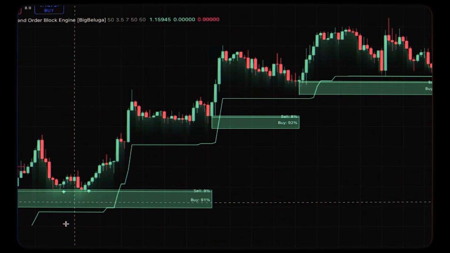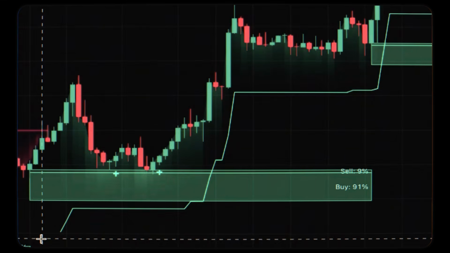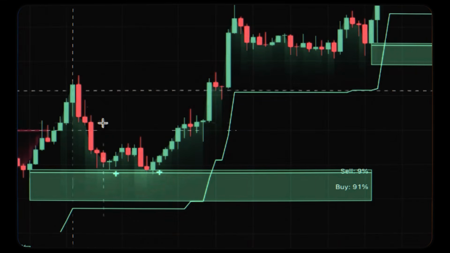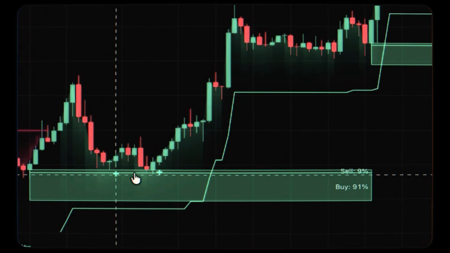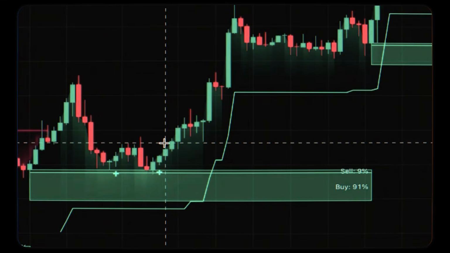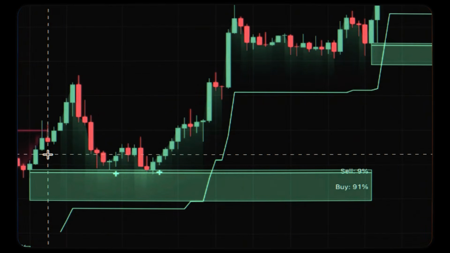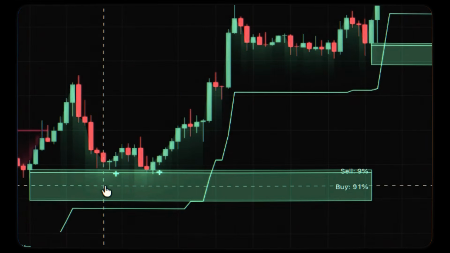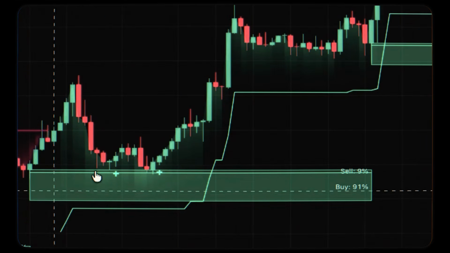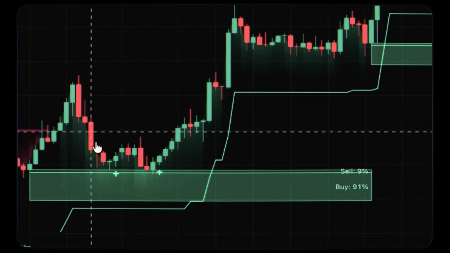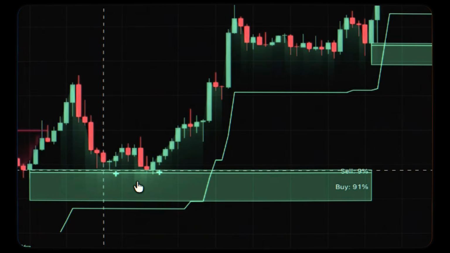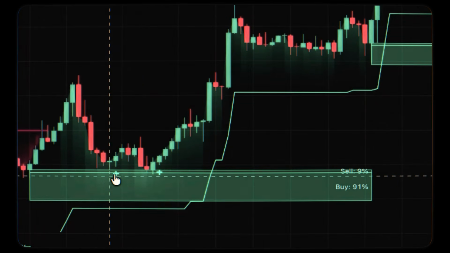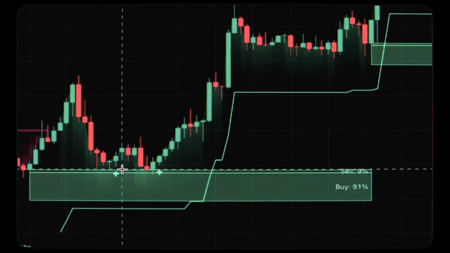Alright, getting back to the indicator. As I said, the indicator gives trading signals when we have retests of the order block. This is how the signals are generated. For example, here you can see that from here the direction of the market is in an uptrend because you can see that the line became green and a bullish order block was identified here. When there is a pullback of the price and retests of the identified order block, and then after that, when the price bounces with the minimum amount of volume which is set in the settings, then the indicator generates a